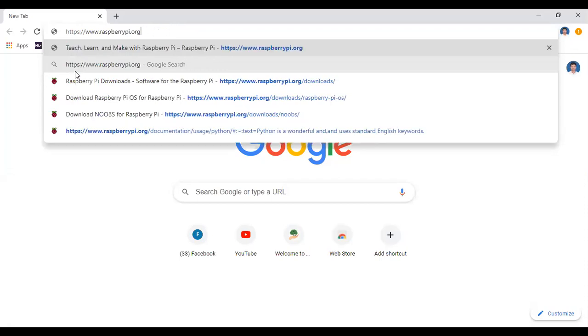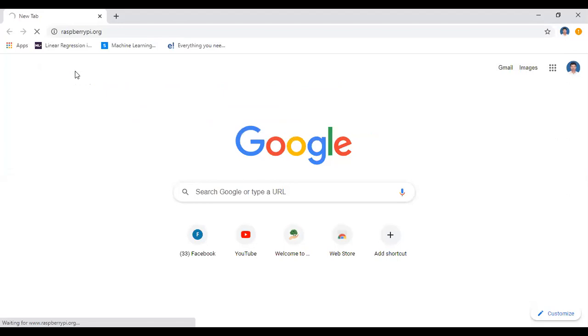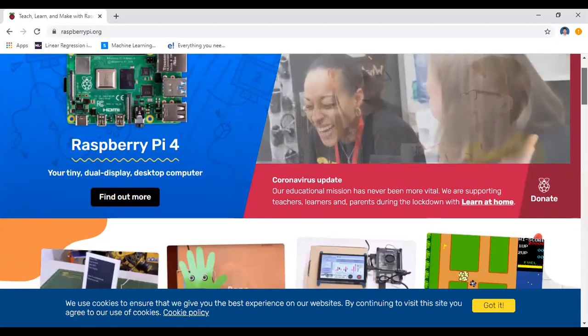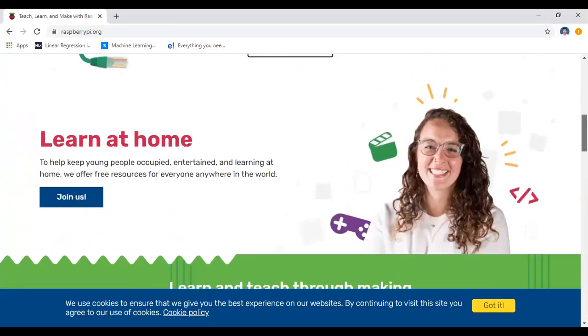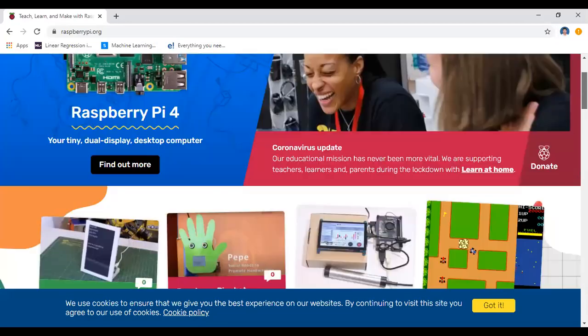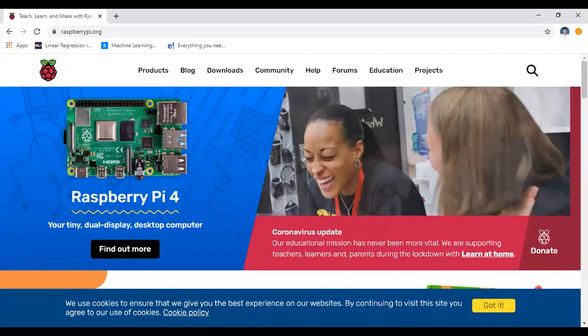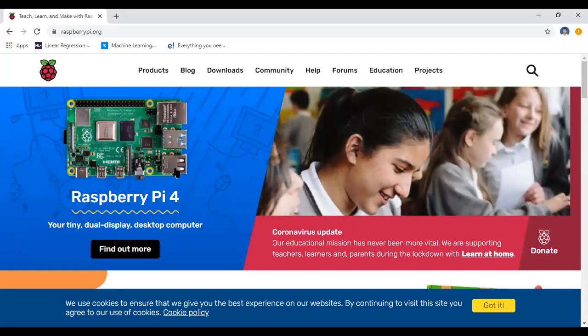There the operating systems are available. Now the Raspberry Pi 4 version is available. If you look at the hardware versions, you will see Raspberry Pi 2, Raspberry Pi 3, and now the Raspberry Pi 4. Go to downloads and click on downloads.